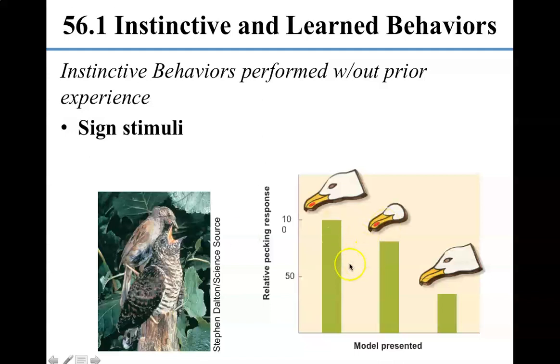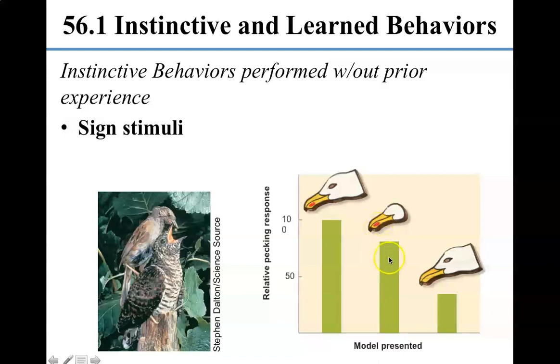Another example is here. This is with some gulls, herring gulls. When a mama herring gull comes in, she's got food in her mouth, and the baby birds see her, and when they see this red dot on her bill, that serves as the sign stimulus, and they open their mouth, and it causes her to drop the food into their mouth. So researchers can make a puppet, and if they put a red dot on it, as soon as the young see the red dot, they open their mouths.